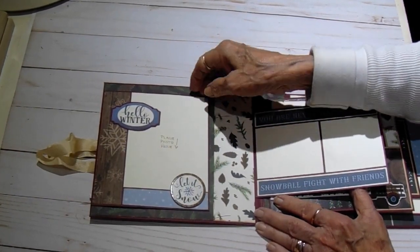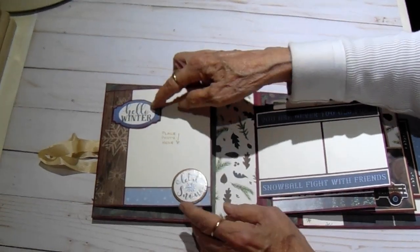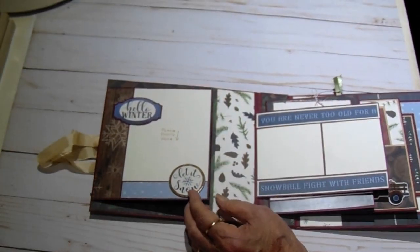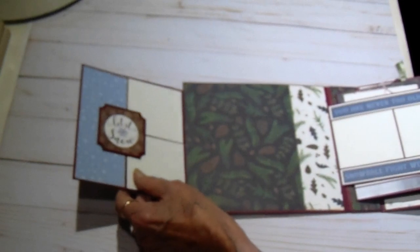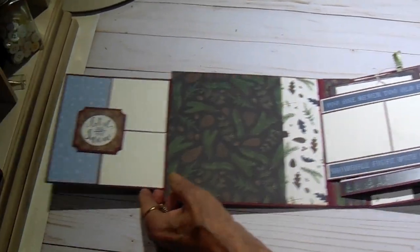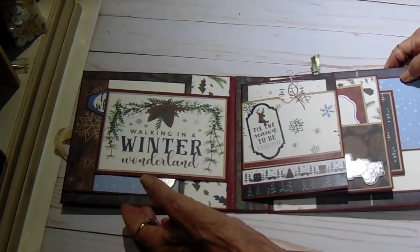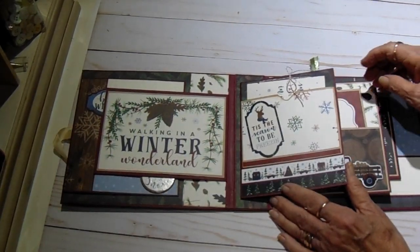And then on the cover, it opens out again. We have another photo mat here with some of the ephemera and chipboard accents. Two more photo mats here, and a place for a large photo. So that just closes up with a magnet. Then on the spine we have